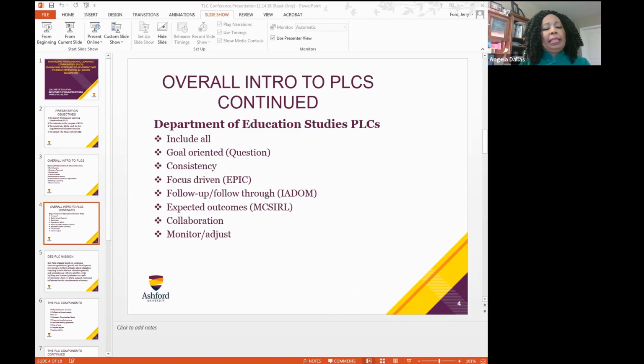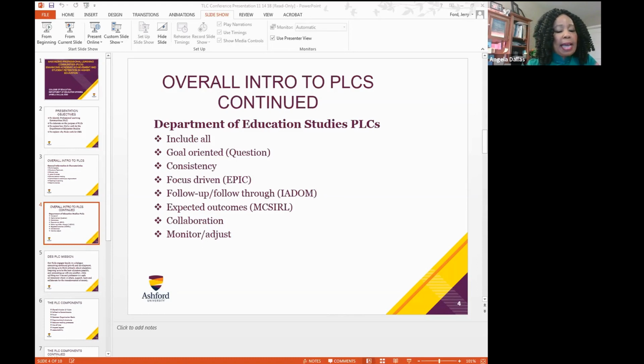We share ideas and strategies about what's happening, what's working, what's not working, how things are going in our classes, what can we do differently to reach students based on their individual needs, because one strategy does not work for all students. One technique does not work for all students, but we do have a systematic approach of working with our students and working with each other to make sure that we achieve our goal, which is student retention and academic achievement.